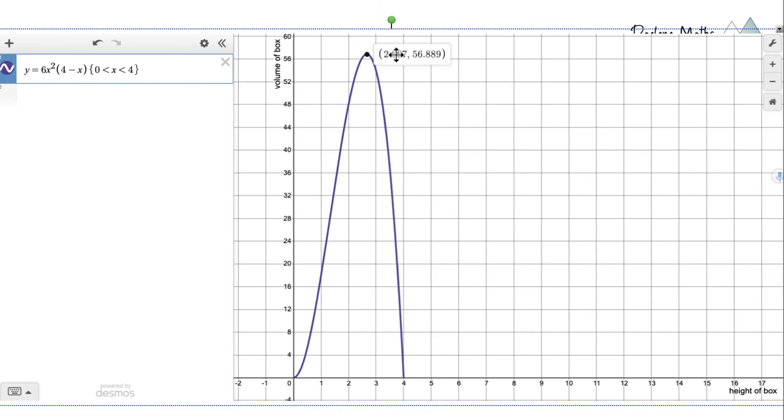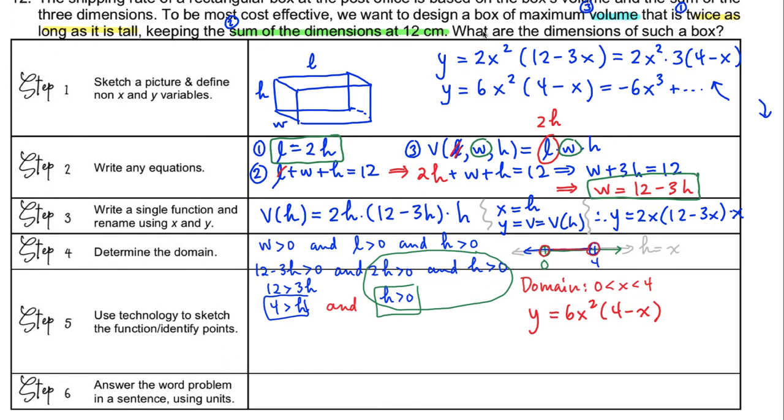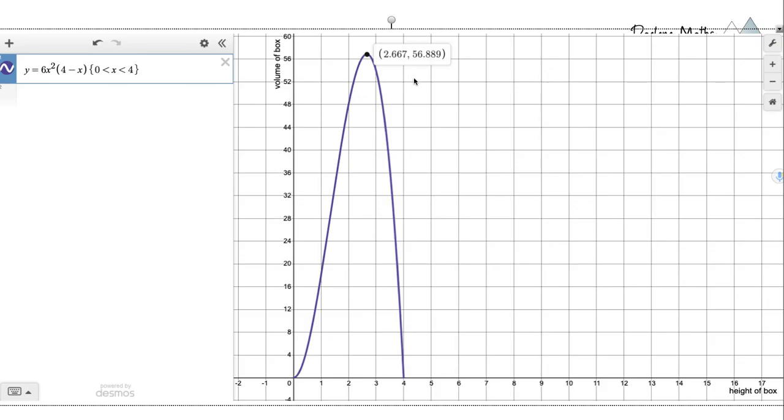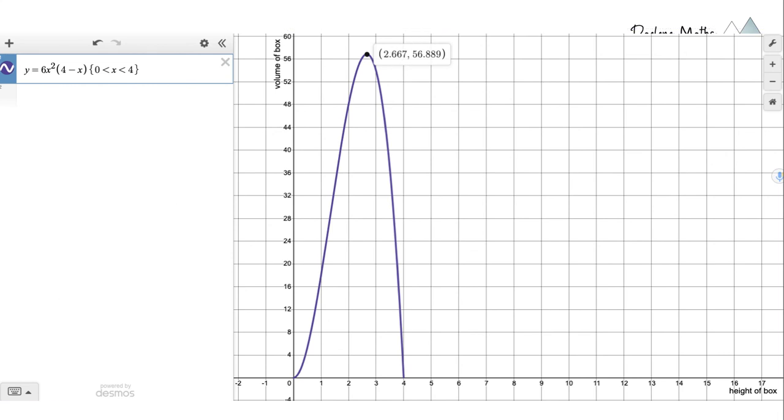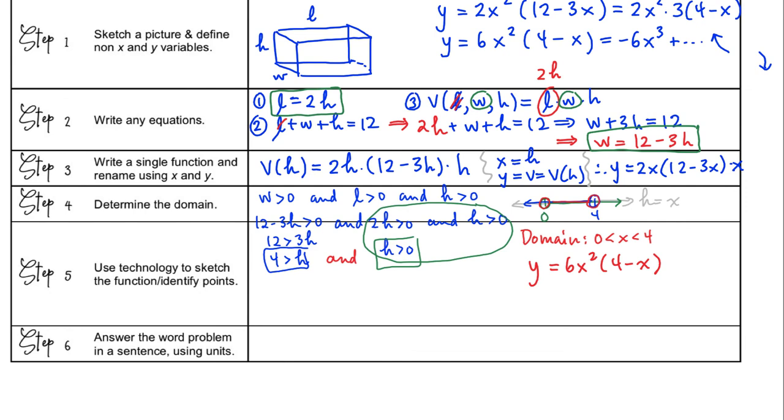So now I see that the x-coordinate, or the height of the box that leads to the maximum volume, is 2.667 inches, and the maximum volume is 56.889. And so we're really just going to go back a slide, and to answer the question, it didn't actually ask to come up with the maximum volume, it wanted the dimensions. So I'm more interested in the x-coordinate here, which represents the height. So the height is 2.667, and I can say to get maximum volume, so we answer in a sentence here,